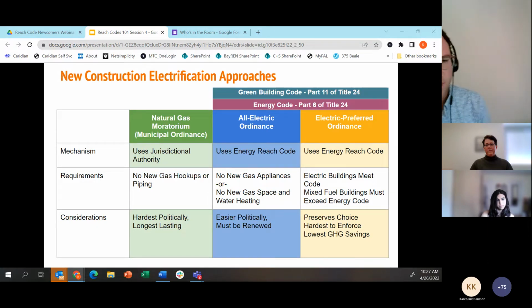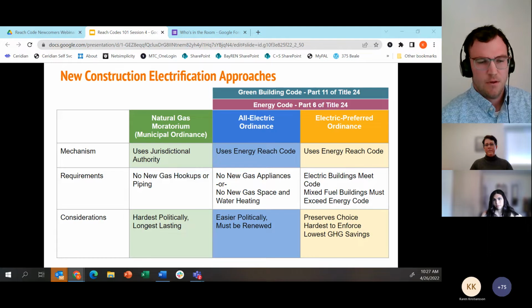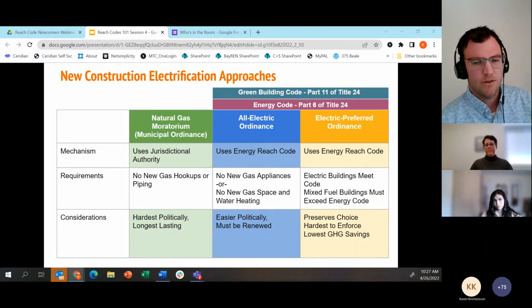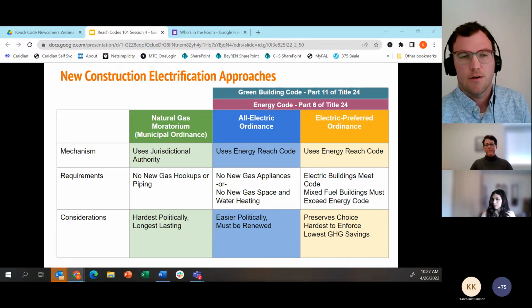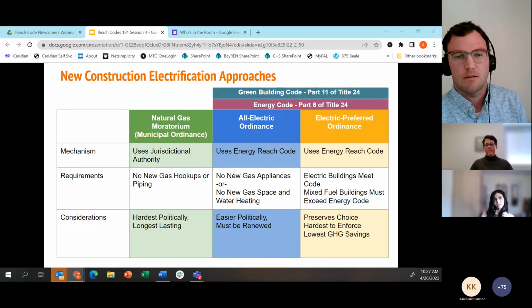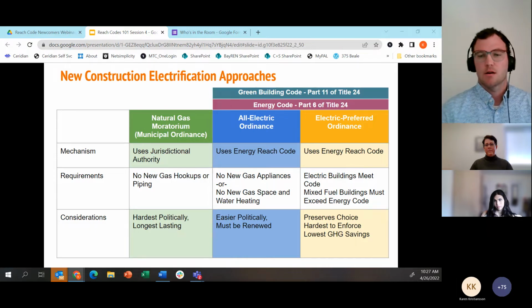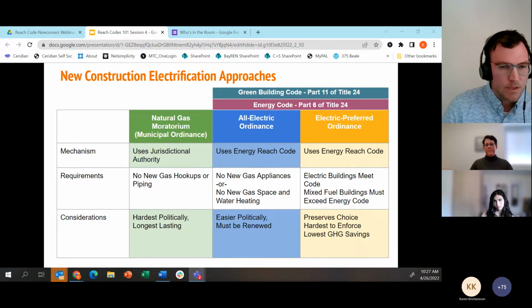And I'm wondering if Misty or Amy have any clarification there around that piece, because I want to make sure that aspect is clear. So I wanted to pause there to see if there were any clarifications.